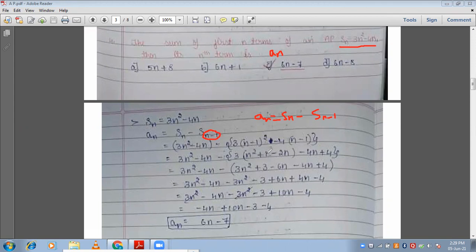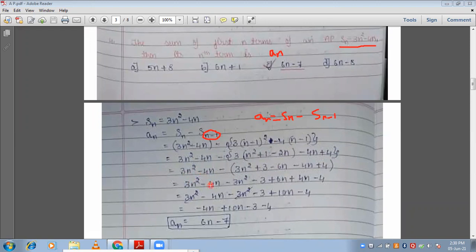A square plus b square minus 2ab. So n square plus 1 minus 2n, minus 4 ones are 4n minus 2 minus plus 4. Again in the next step, 3n square minus 4n minus 3 ones are 3n square plus 3 ones are 3 plus, into minus minus 3 twos are 6n, minus 4n plus 4. In the next step,